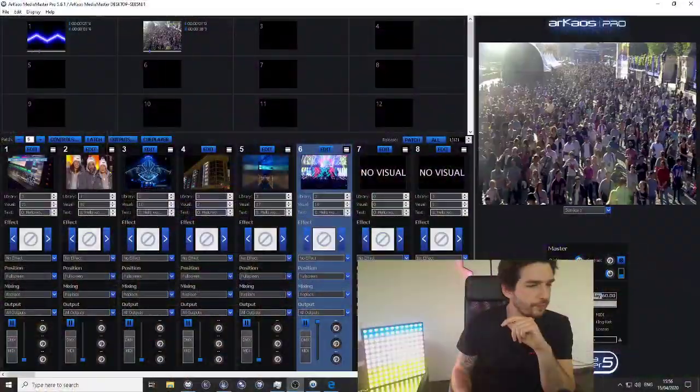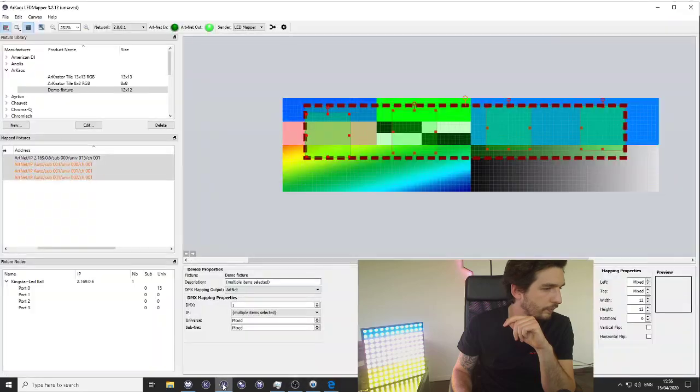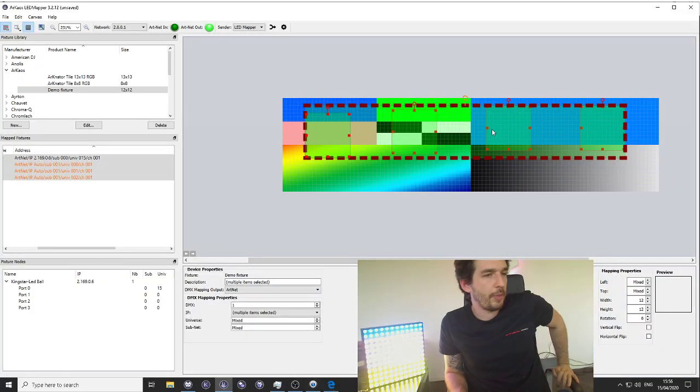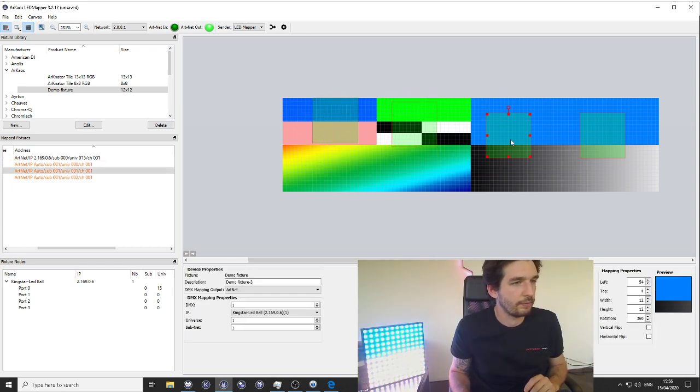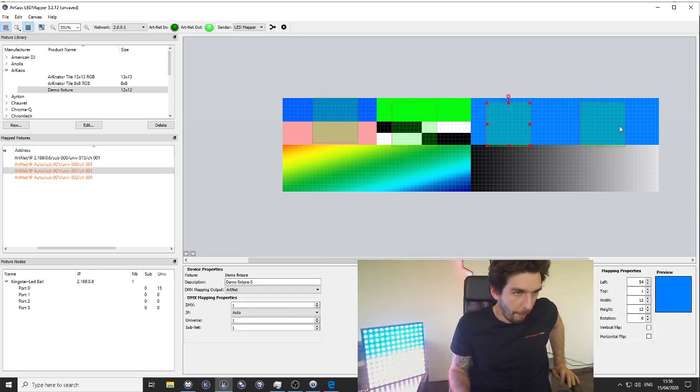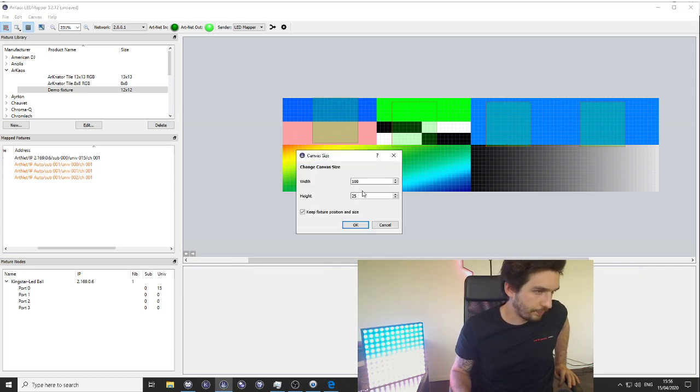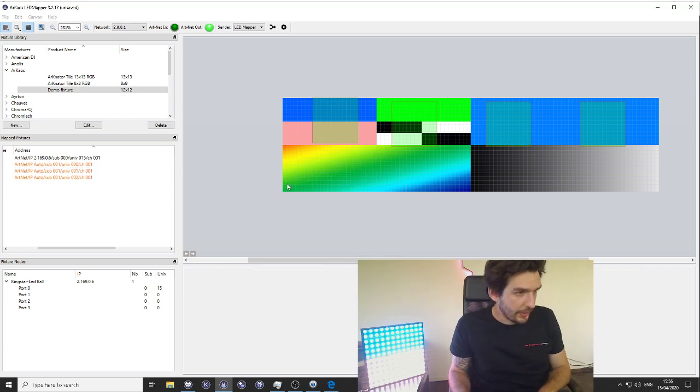So, go back to my mapping. Okay, that's nice. I have some fixtures like that. Bottom row, I will expand a bit the size there.